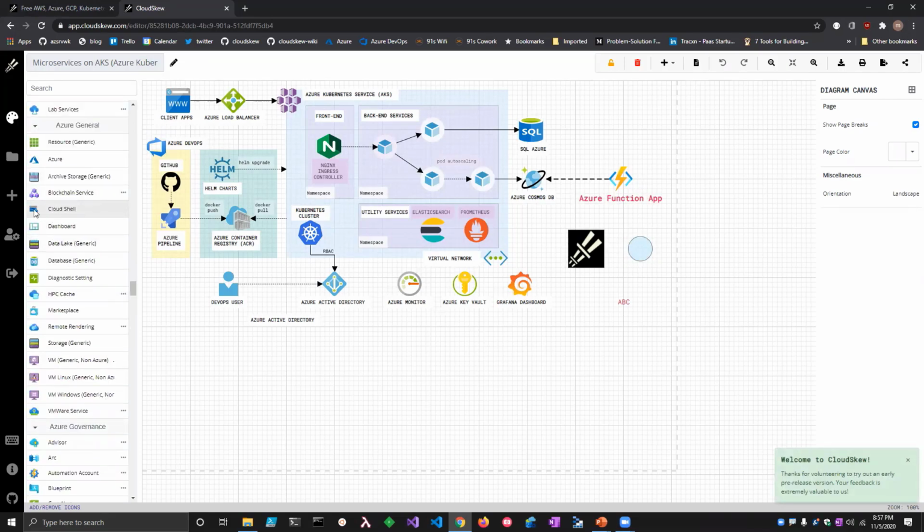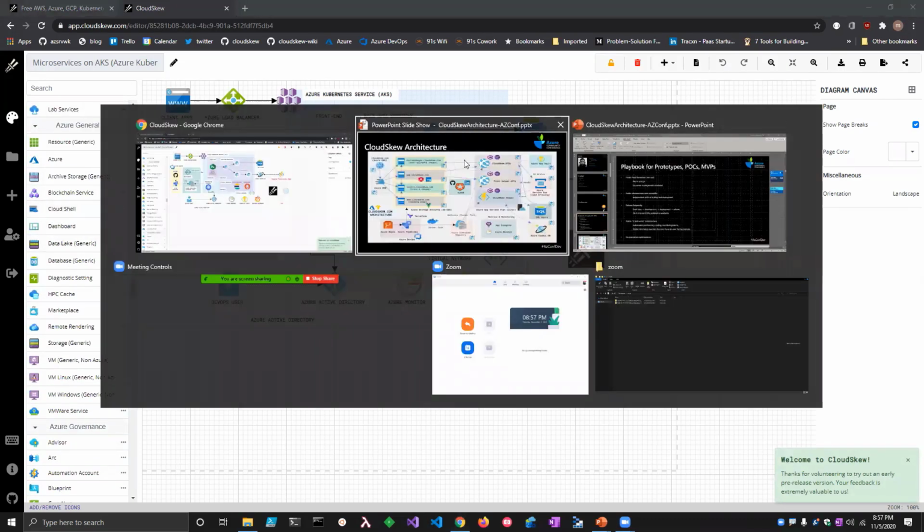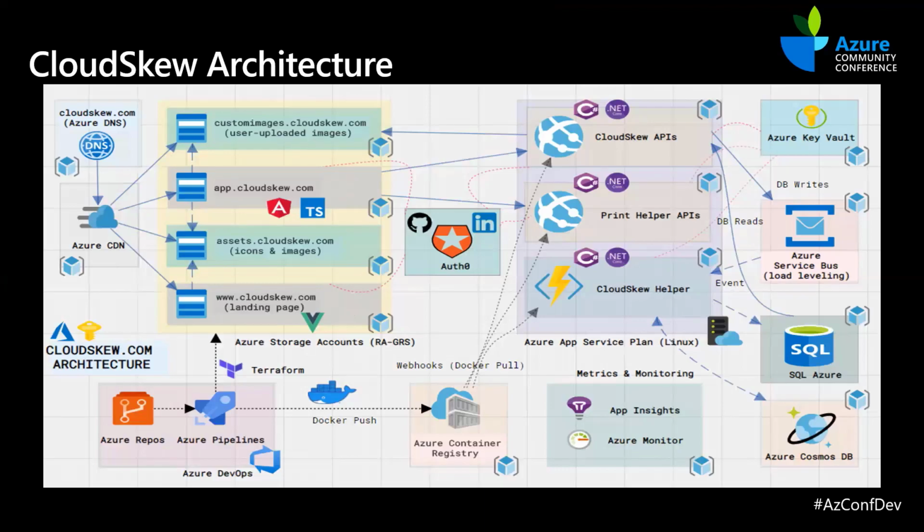These are statically cached. However, the rest of the stuff, the user's profile, the diagrams, the diagram templates, diagram canvas, all those entities, those are dynamically fetched by talking to a set of backend APIs. Again, this is an Angular app, so it's packaged and served through an Azure storage account.